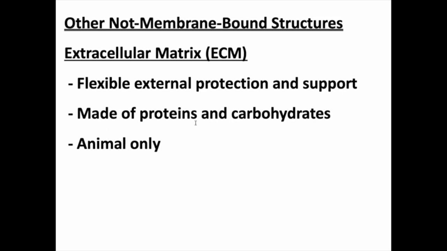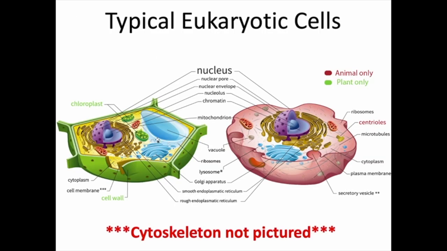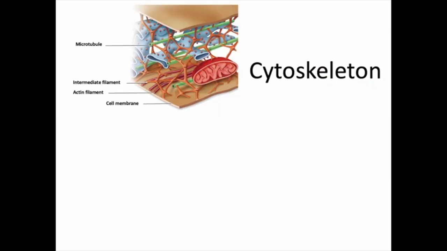So the cell wall and the ECM were external protection and support. But it's also important that we have internal protection and support. This, and something else, is carried out by a structure called the cytoskeleton. Once again, this is not pictured on my big overview here, but if we zoom in at a cross-section of the cell, we can see the cytoskeleton